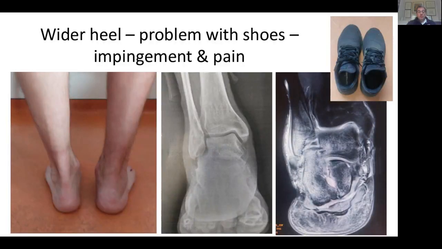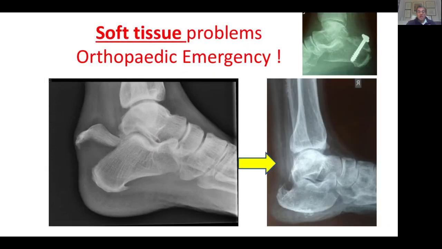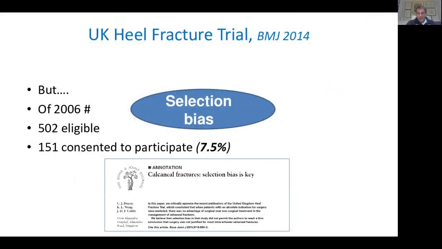However, you have to bear in mind that a fracture like this was excluded from the heel fracture trial because that type of fracture was fixed, as well as these fractures, which constitute an orthopedic emergency that can result in soft tissue problems, and these should be fixed as emergency surgeries. Now, just a few words about the trial to avoid any confusion whether we need to do anything about these patients with calcaneal fractures.